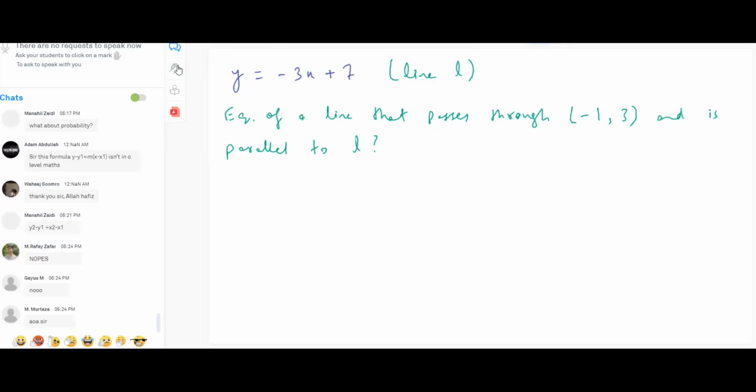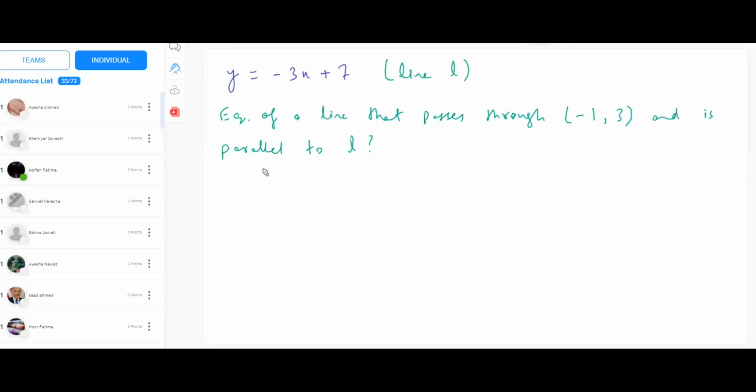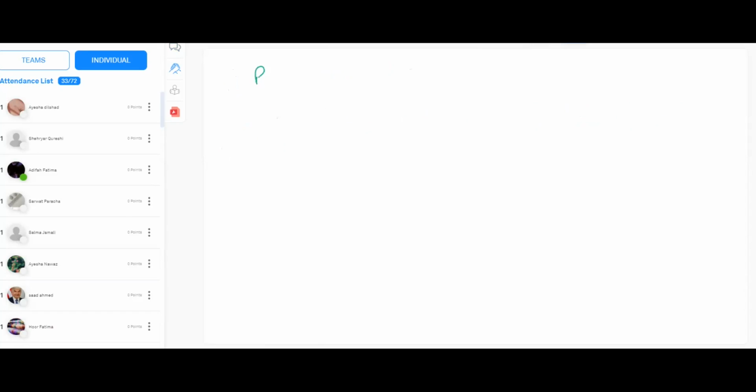So let's try to figure out this equation. What do we do here? Remember, parallel lines. आपके पास दो पैरेलल लाइंस है, अगर एक का ग्रेडियंट m1 है और दूसरे का ग्रेडियंट m2 है, इनके जो ग्रेडियंट्स होते हैं वो इक्वल होते हैं। m1 इक्वल्स m2, दोनों के ग्रेडियंट्स इक्वल होते हैं।